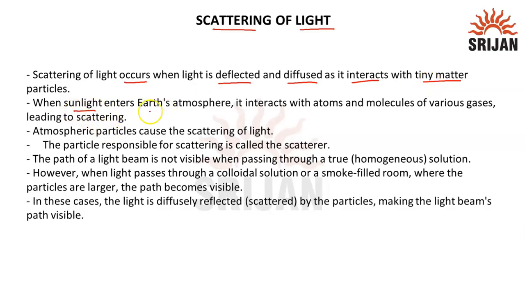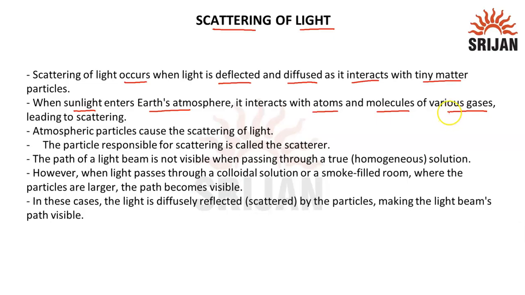When the sunlight enters Earth's atmosphere, it interacts with the atoms and the molecules of various gases. We know that there is a layer of air present around the surface of the Earth, which is known as the atmosphere. The atmosphere consists of a number of gases, and when sunlight enters the Earth's atmosphere, it interacts with the atoms and